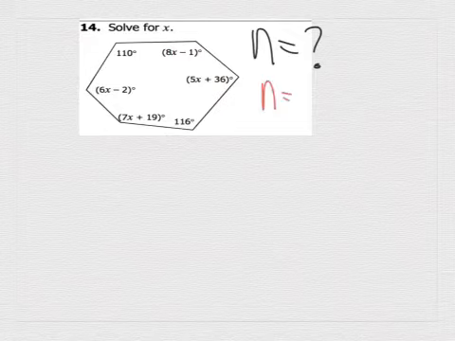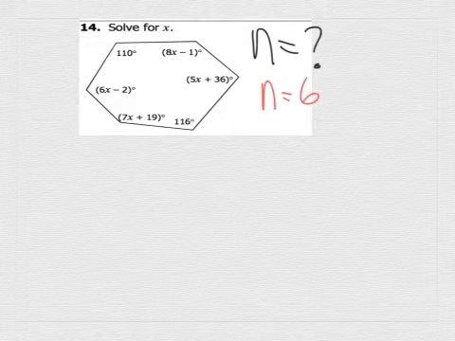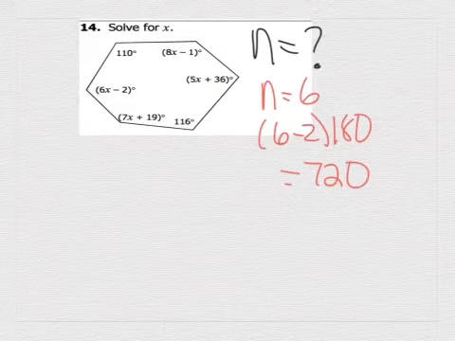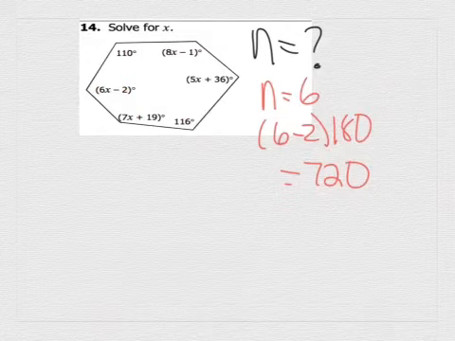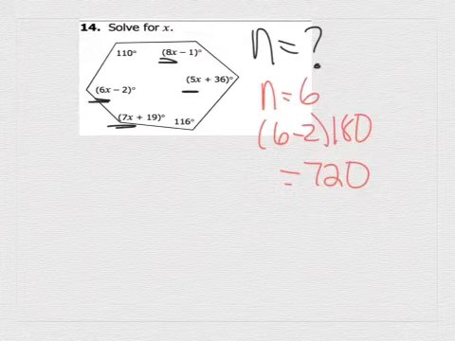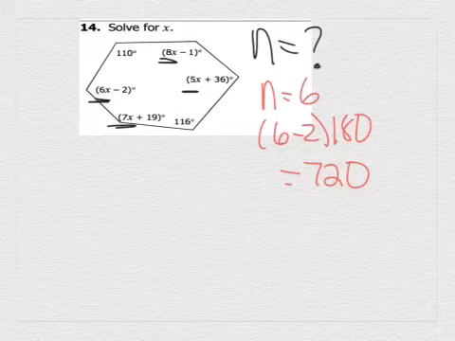So if n is equal to 6 and we write our handy dandy interior angle formula, we will have 6 minus 2 times 180. We will be able to see that this breaks down to 720. So all the angles on the inside add up to 720. Let's go ahead and set up an equation. What I want to do is go through and add up all my x's. So this is 1, 2, 3, 4. So when I add those up, what do I get? So my x's come to